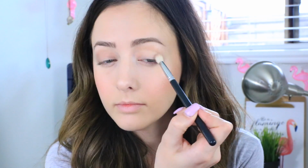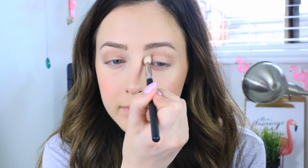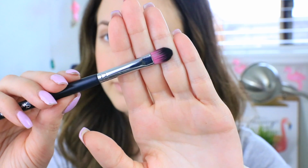So I do windshield wiper motions, which everybody says, and you basically just want to continue blending until you get a very soft edge on your eyeshadow, and this is pretty much just going on the very outer corners and into your crease area. So you can see what I'm doing here. I just keep blending until it's soft, and for the actual lid I'll be using a lighter matte eyeshadow, but